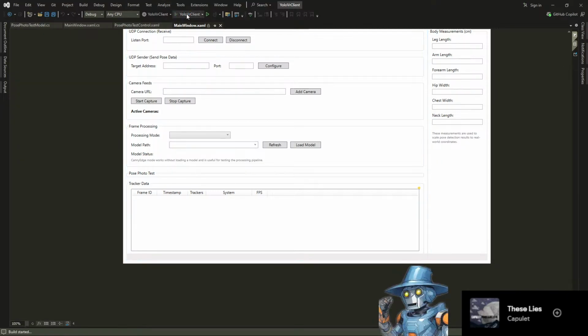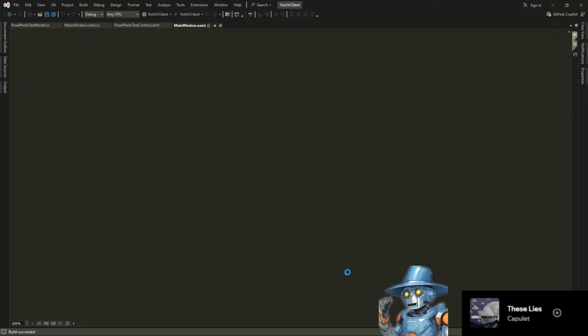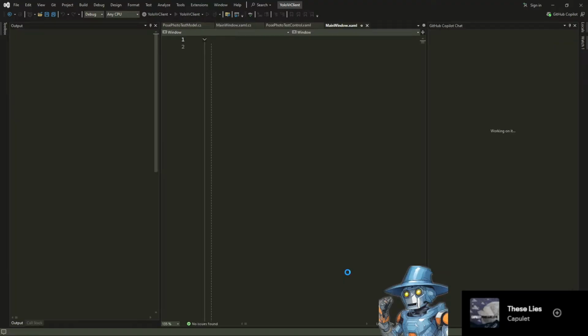If I run the client, let's see if the display works. It's building. Yeah, I added an option to just load a static image for pose recognition,